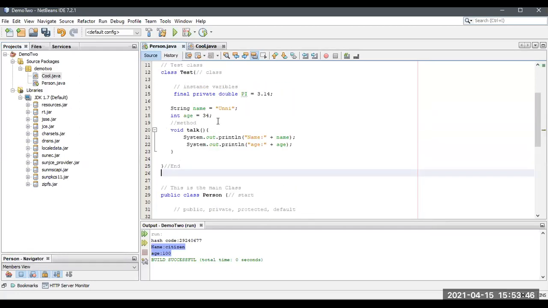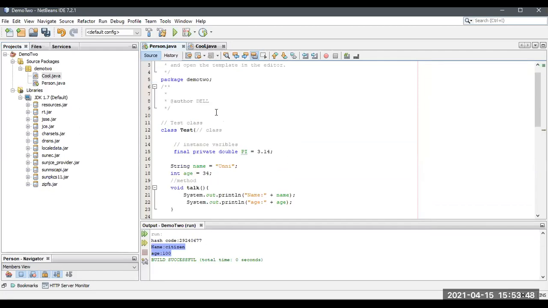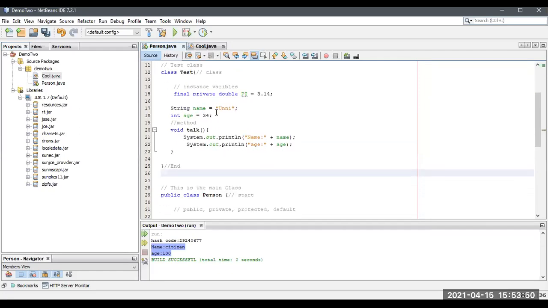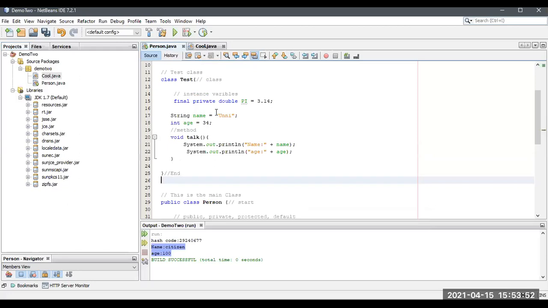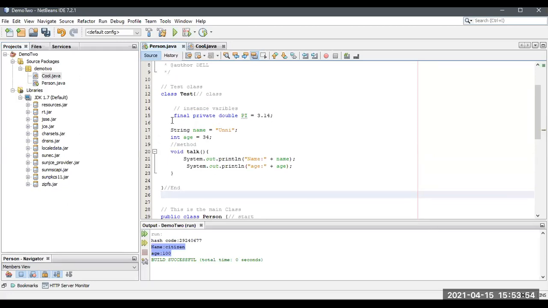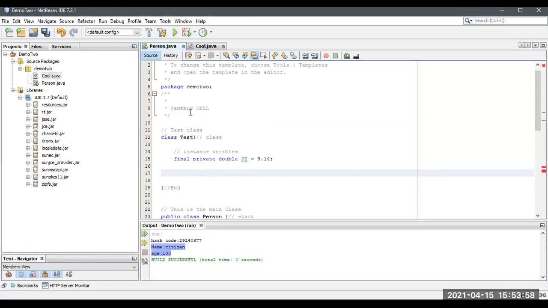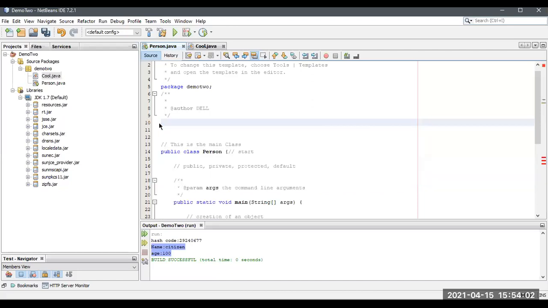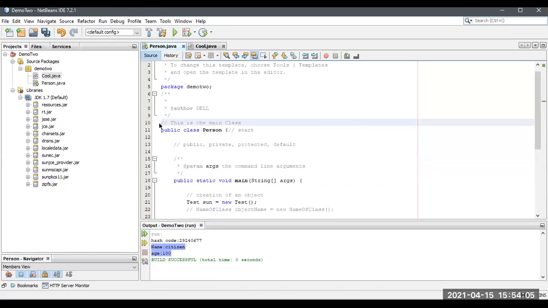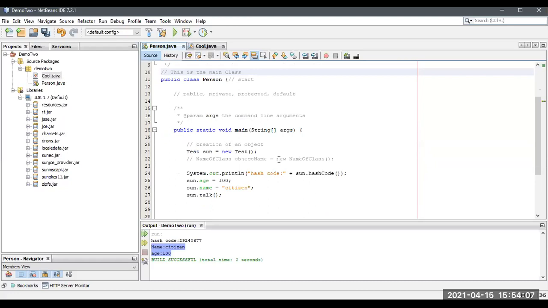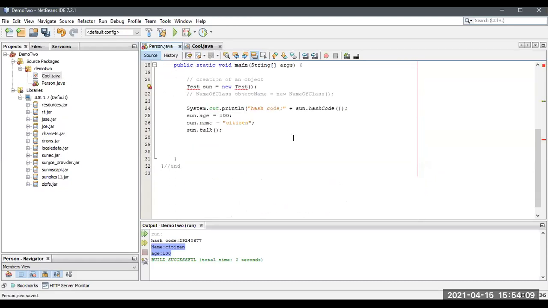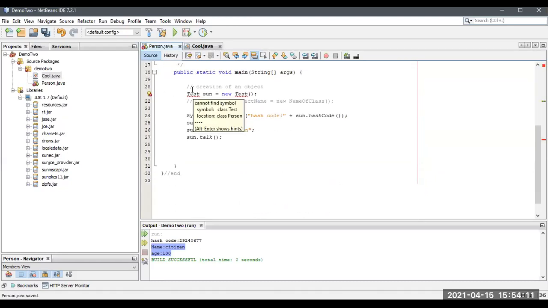I'm showing you how to access private variables from outside the class. Let me copy this and delete this one, there is no need of it. See, it has been removed. There is no Test at all.